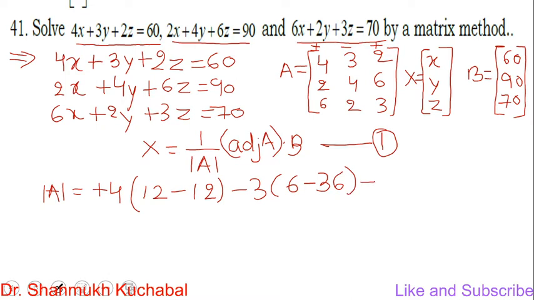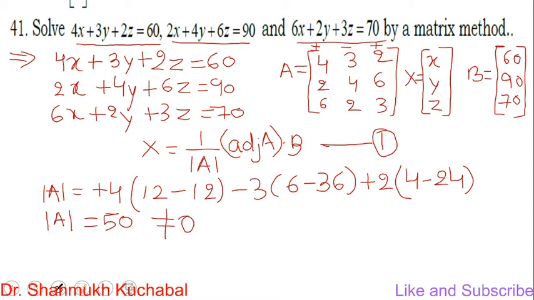Further we have a plus 2. We'll write a plus 2. Then the corresponding row and column we have to eliminate. 2 into 2, 4, compulsorily minus sign, 6 into 4, it is 24. So we get this as 4 minus 24. If we simplify this, we get the determinant value. So determinant value is 50 here, and see, this is not equal to 0.